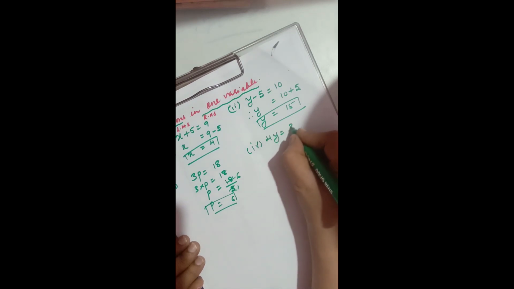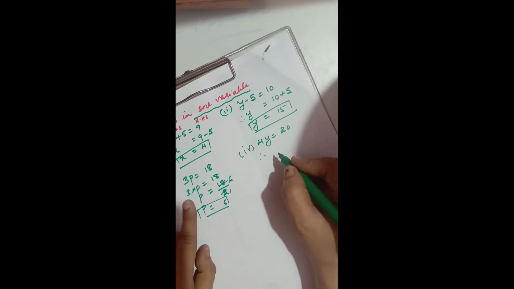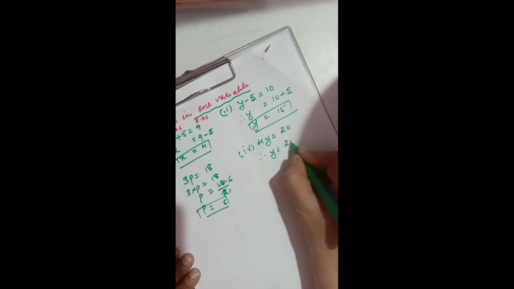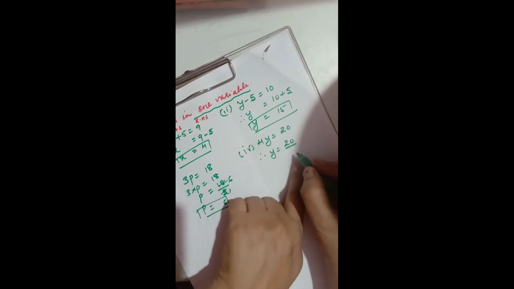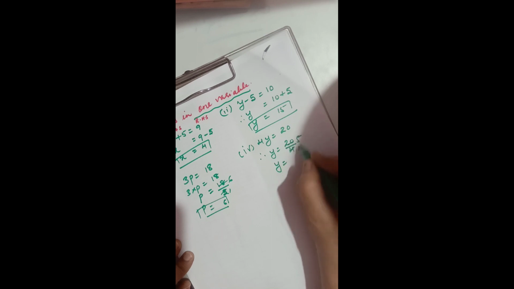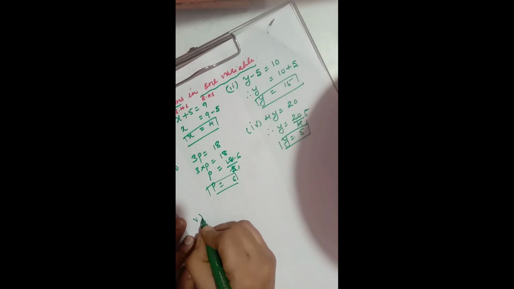4y is equal to 20. Therefore y is equal to, same way, see children, 4 into y, so we can write directly y is equal to 20 upon 4. So y is equal to 4 ones are 4, 4 fives are 20, y is equal to 5. Next,